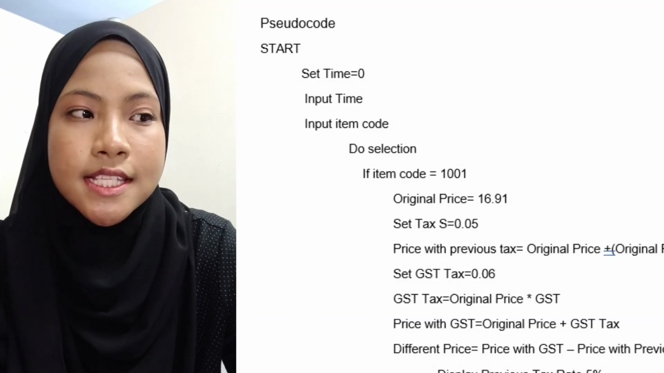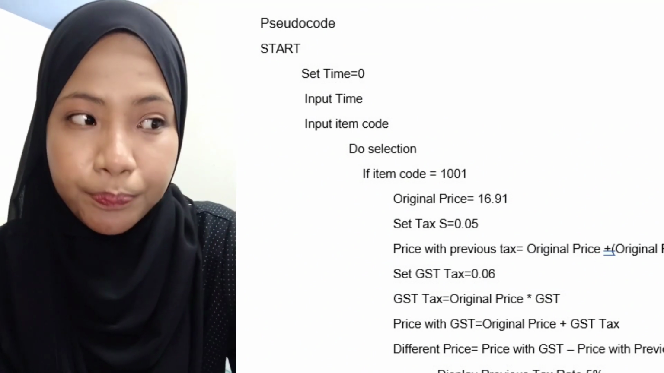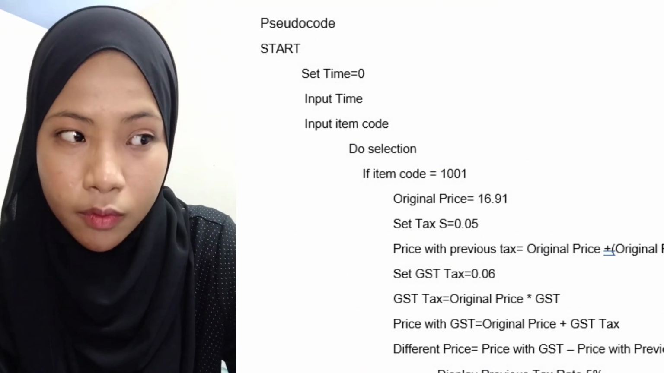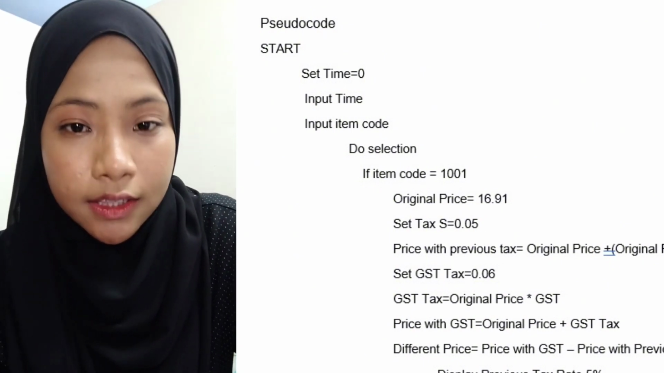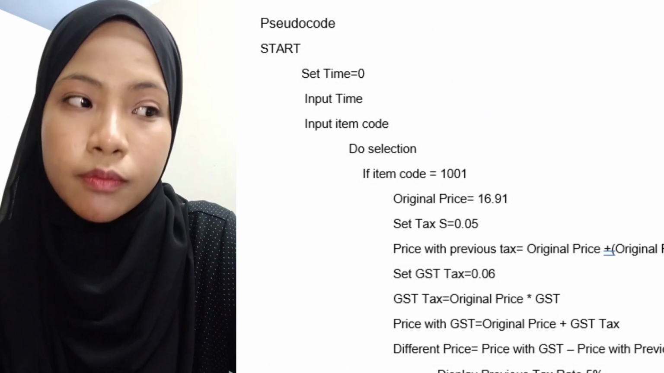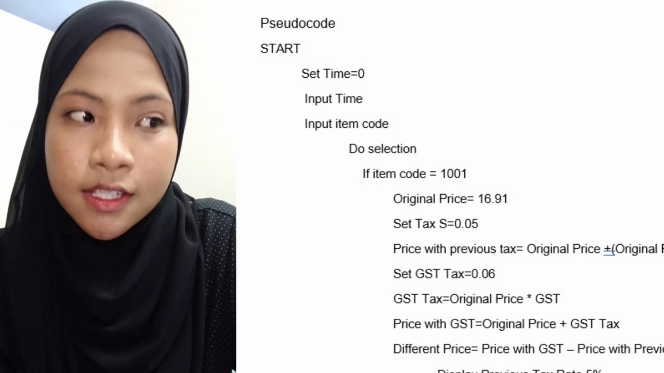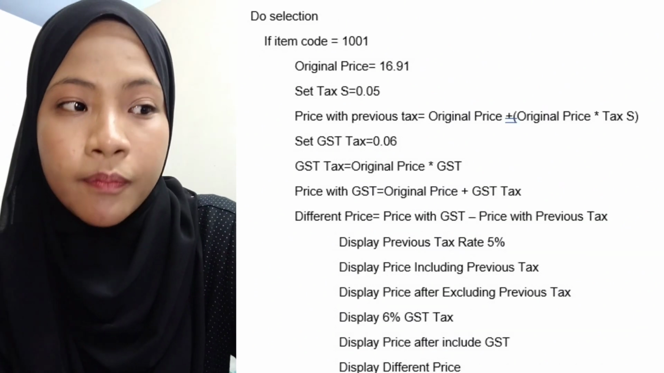So today I'm going to explain about pseudocode. First thing first, start. After that, set time equal to 0. Input time, which is input loop time, and input item code. After that, the system will do selection. If item code equal to 1001,